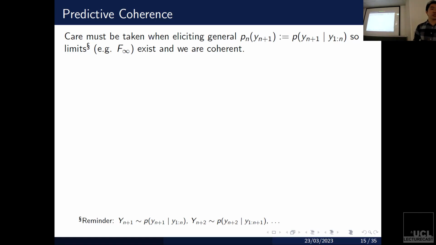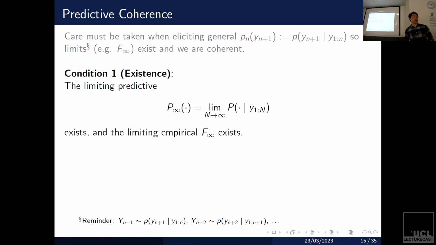So I'm going to introduce two conditions, which are a little bit theoretical, but on the next slide, I'll talk a little bit about the practical implications. So the first is going to be that there's a limiting predictive distribution, and actually this is going to be equivalent to assuming that there's a limiting empirical distribution. This just means that when you carry out predictive resampling, you actually get a random variable at the end. But a kind of more intuitive way to understand this is if I had access to the entire population, I would actually know what the underlying sampling distribution is.